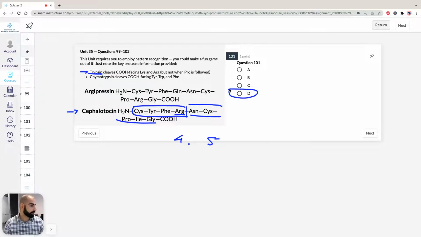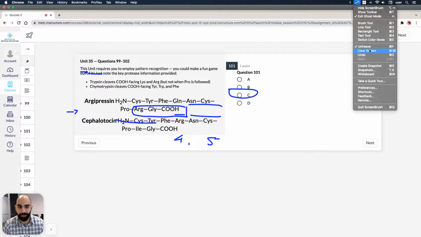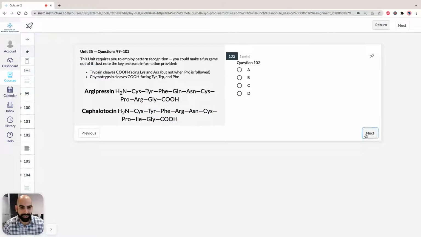So 101 has to be D, because once we cleave that bond here between arginine and asparagine, we know we're going to get a tetrapeptide and a pentapeptide, so 4 and 5. So now the final question, the climax. I am a bit disappointed because this was very fun, but the last question here, if only GAMSAT provided a lot of questions just like this, because it would have been super fun. So it says, suppose that for easy analysis, argipressin is to be broken into units